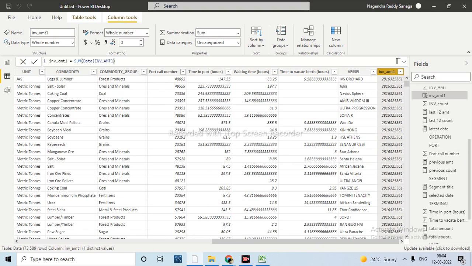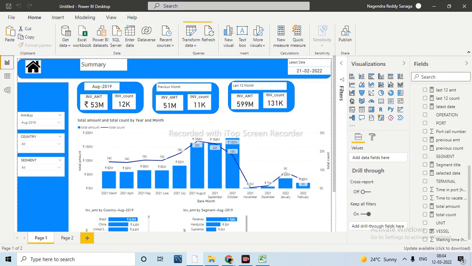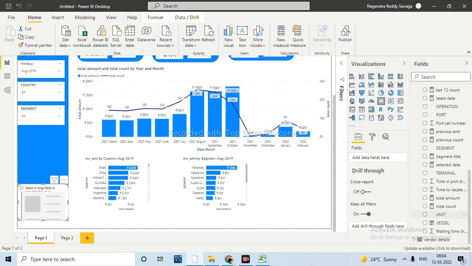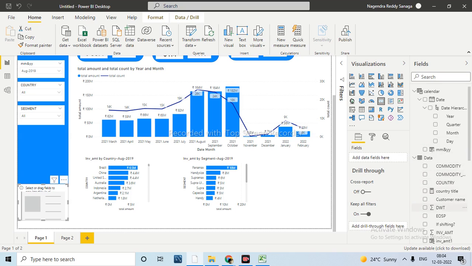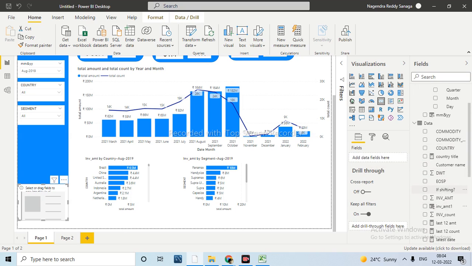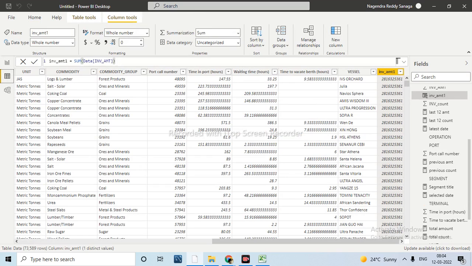Now if you take that value, for example, the one which I have created, let me take that value, INV amount one. Now if you see, it is in 4 trillions. What happened here is that this value is summing up again.